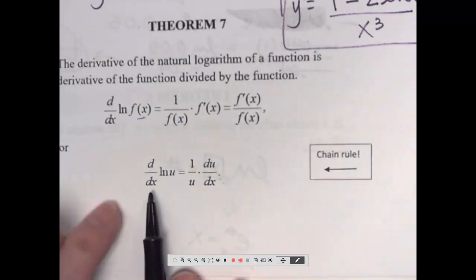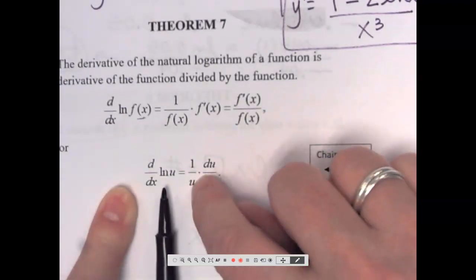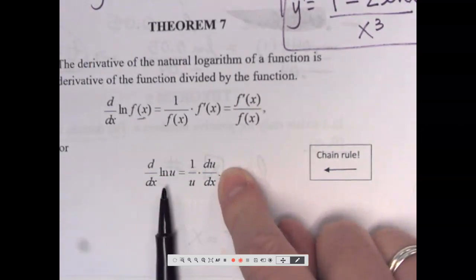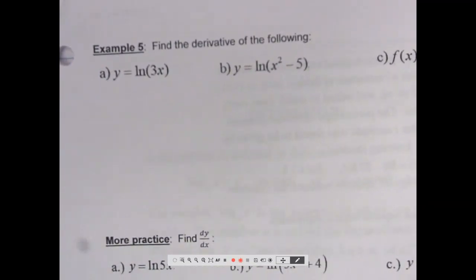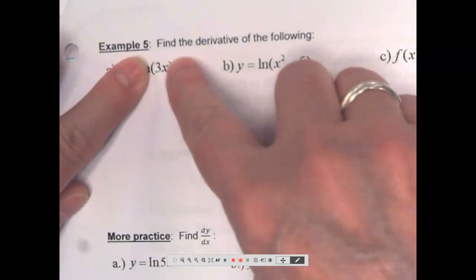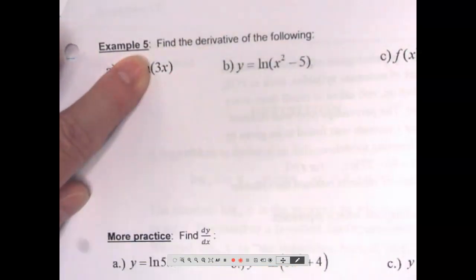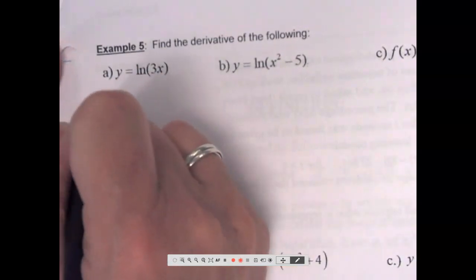So what we're going to do is, when we take the derivative of natural log of something, we are still going to put 1 over that something, but then we have to remember to check the derivative of the something. And that's our chain rule. So let's look at some real variables and numbers here. For example, natural log of 3x. I told you derivative of natural log is 1 over x. This is my function. It's going to be 1 over that function, but then I have to multiply by the derivative of the 3x. So my derivative is